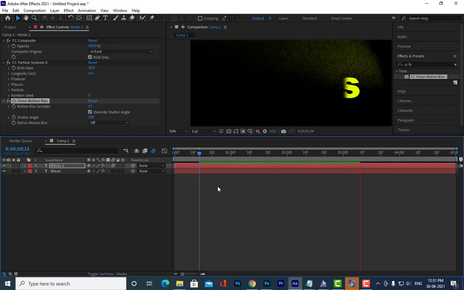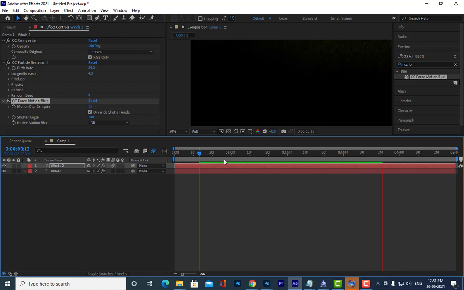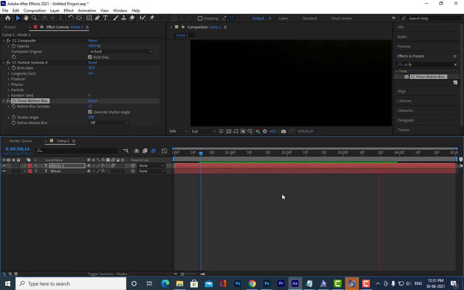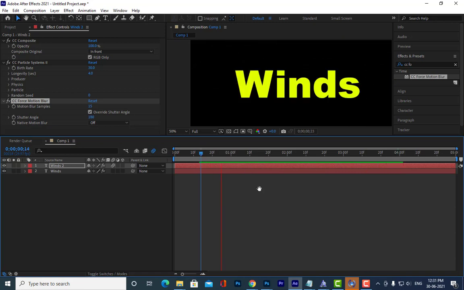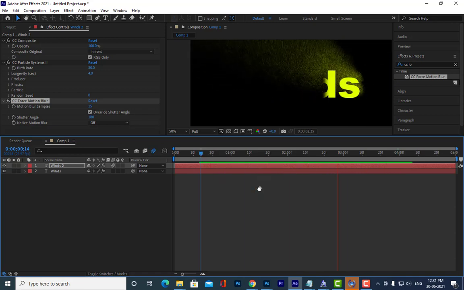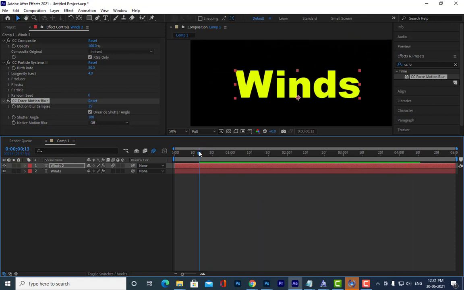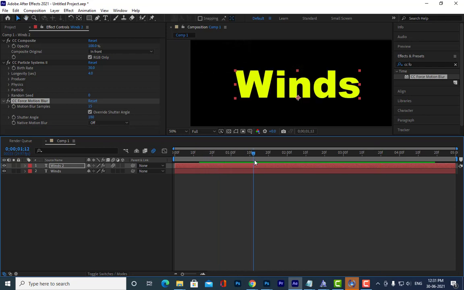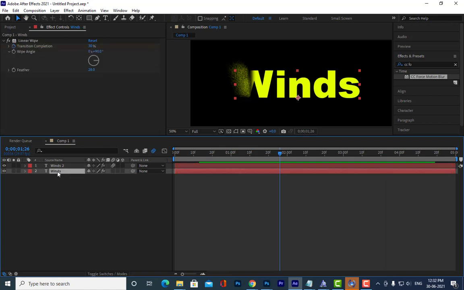So we'll do one thing actually. We have to change the linear wipe. So it should look as if the text is moving along with the particles. So we will reduce its feather value.